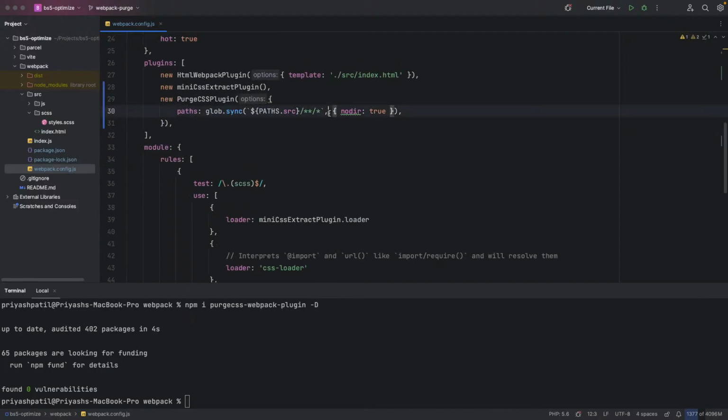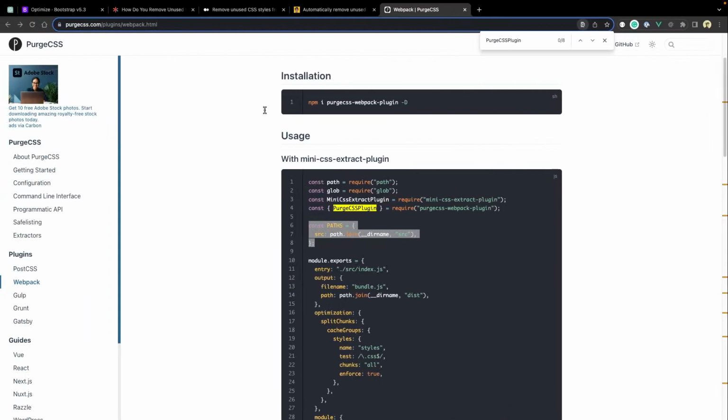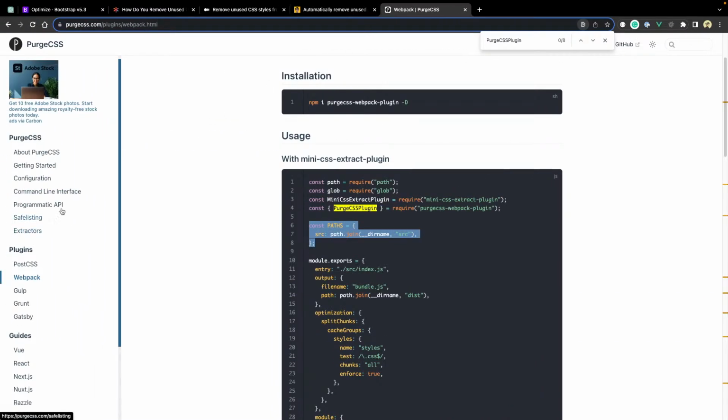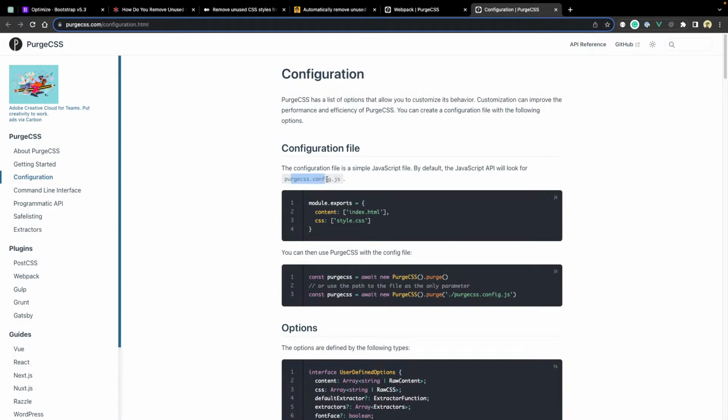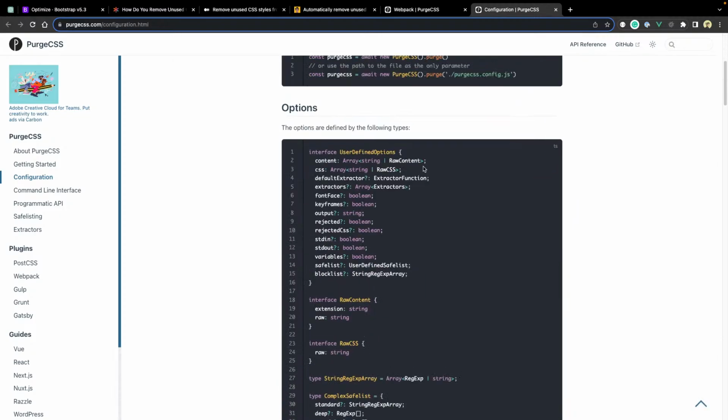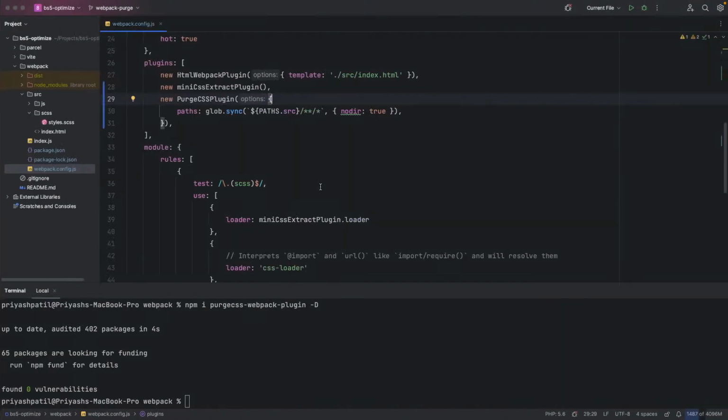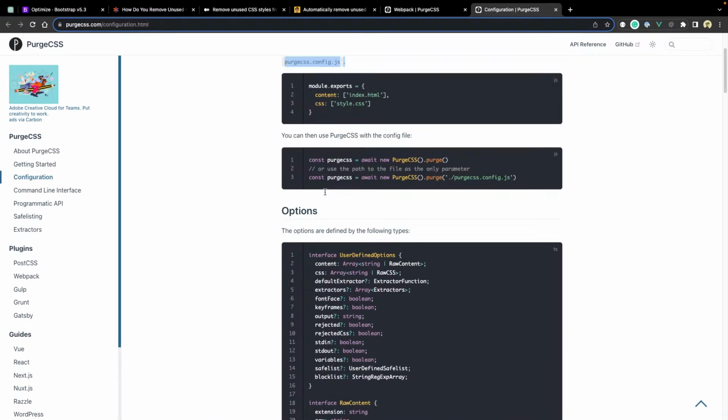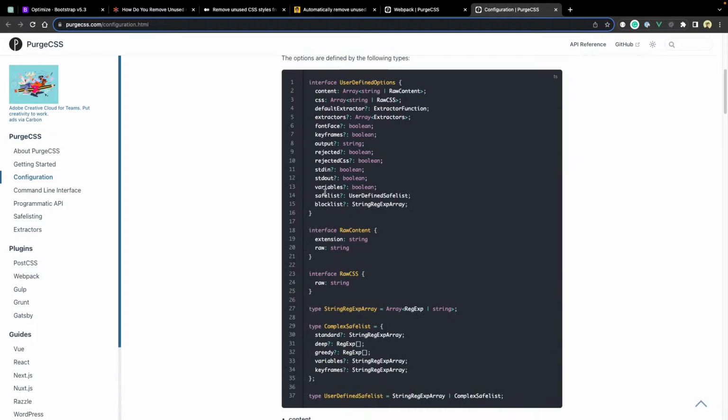Node again. I think it's just the configuration of that. Let's try to check the configuration of the purge CSS so that we can see what else is there. Okay, so we can just do this in here as well, or we can directly pass the plugin into the purge. So purge CSS plugin paths is something we are passing, and I think the paths